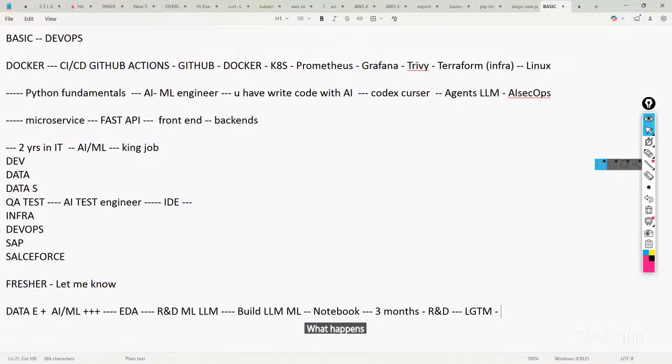When it looks good, what happens? This model will